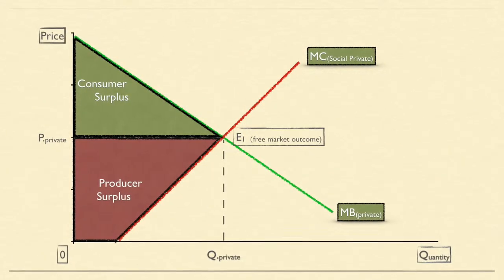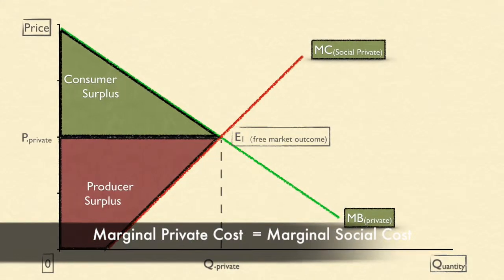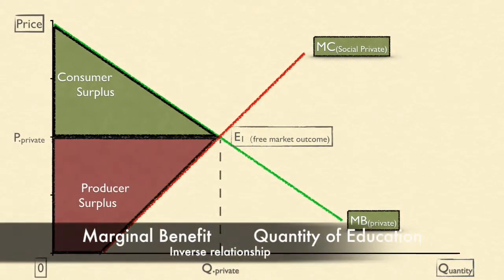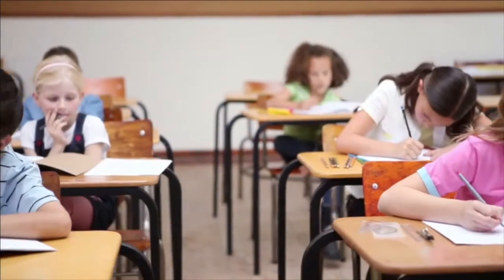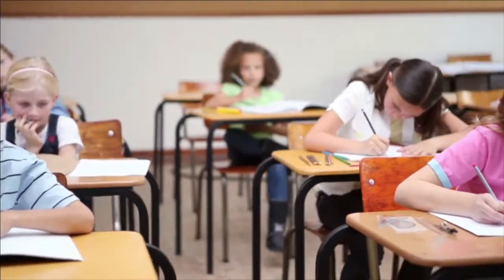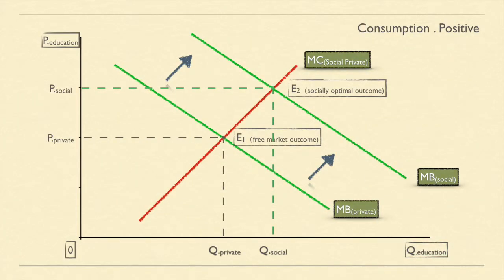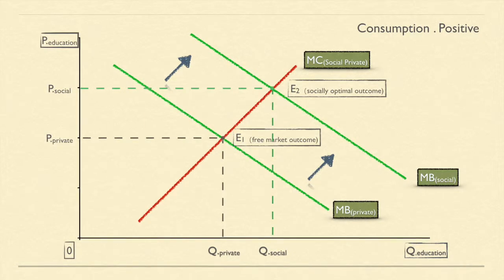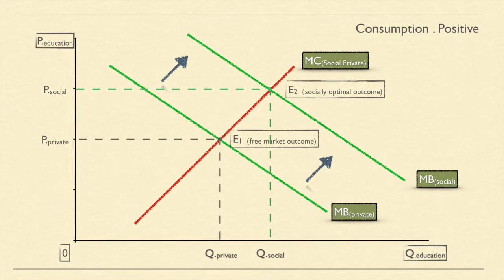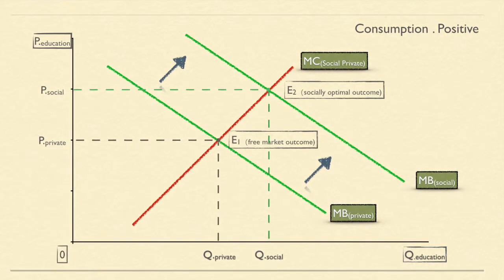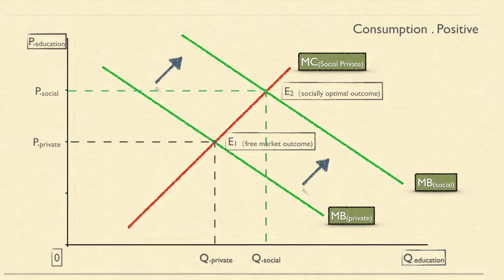To assist us in explaining this concept, let us assume in the early stages of the model, marginal private cost and social cost are equal, while marginal benefit is inversely related to the quantity of education supplied, whereby the more education is produced, the less marginal benefit is yielded to society. In this model, demand is synonymous with marginal benefit, whereby the marginal benefit represented is the level of benefit that party demands for themselves. These assumptions will be consistent for all graphs presented in this video.